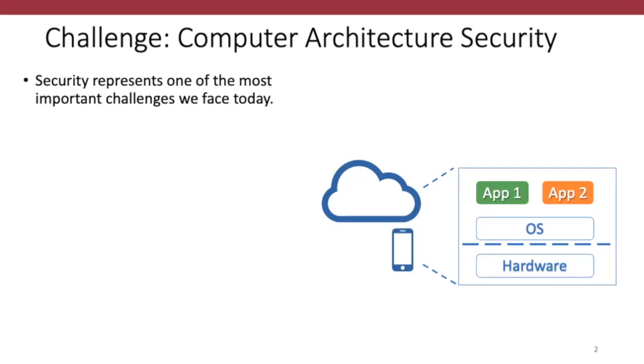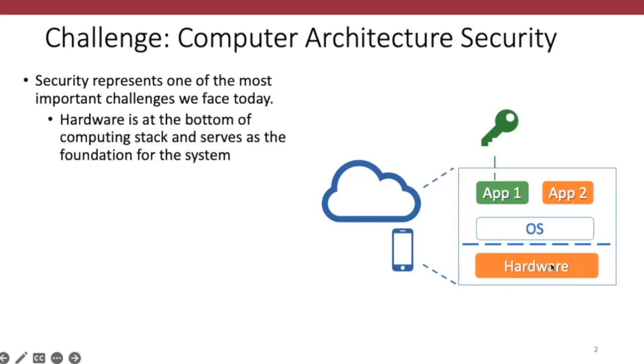We have the application on the top. We might have some sensitive application that deals with medical data, encryption and decryption. And below the application, there is the operating system. And below that, the underlying layer is always the hardware, which serves as the foundation of the system. If an attacker can go into the hardware, even if they are protecting the OS layer, the attacker can still